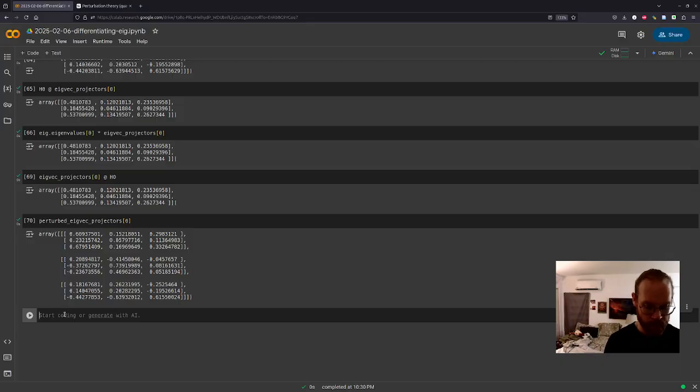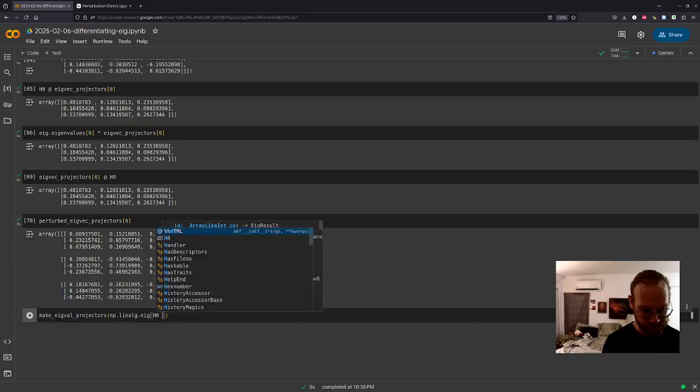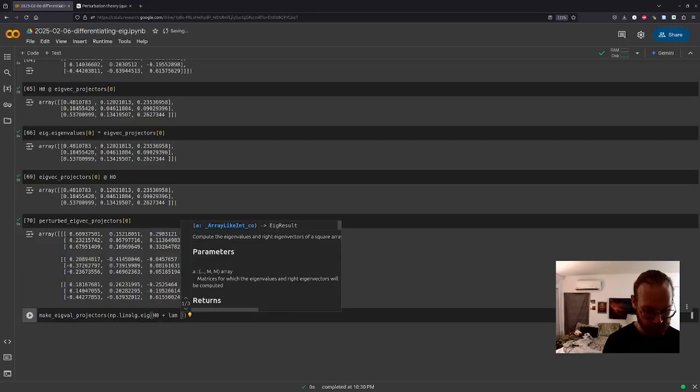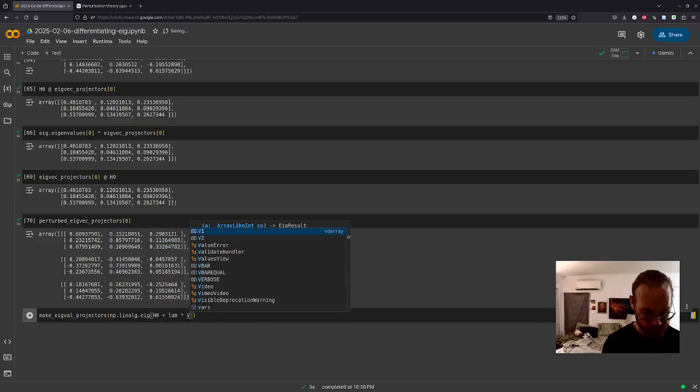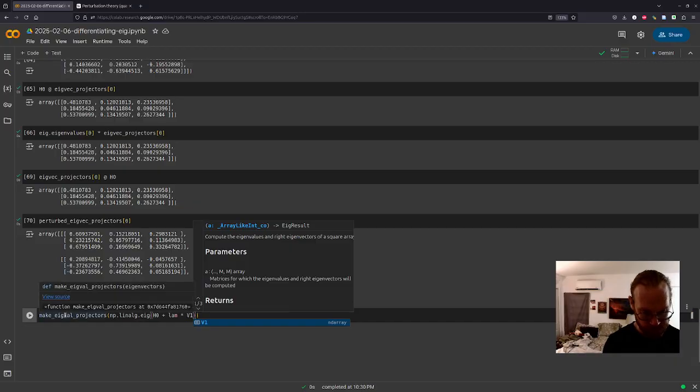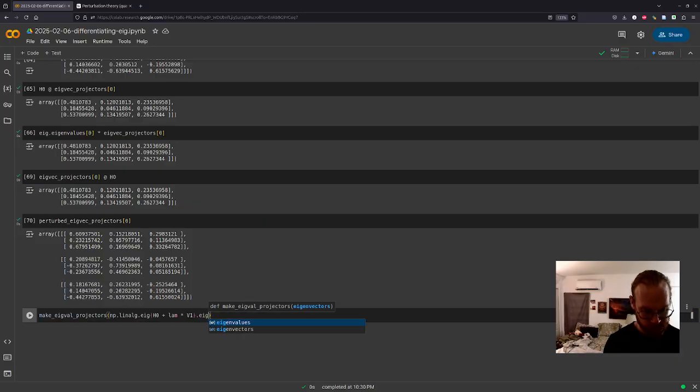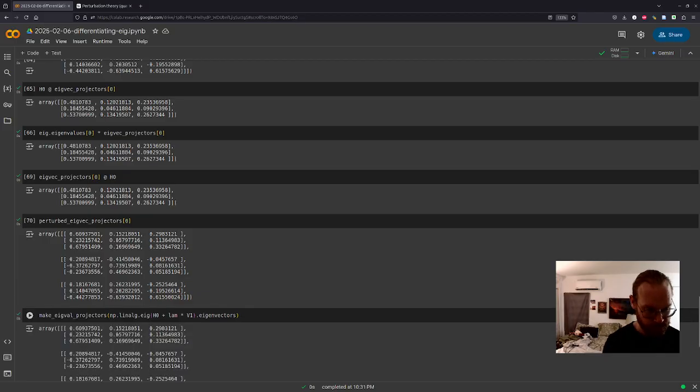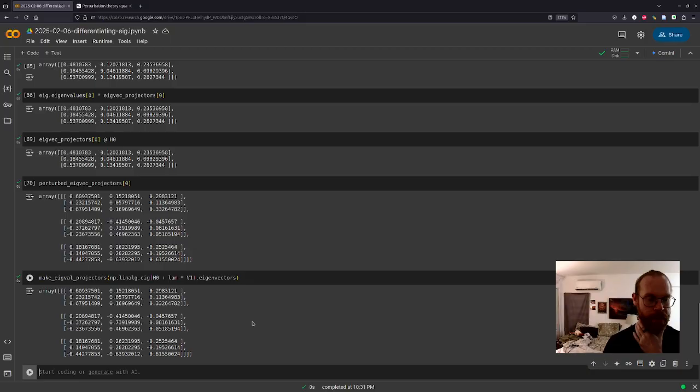This should equal the eigenvector projectors for... okay, it is that.